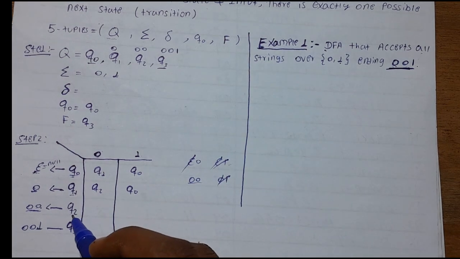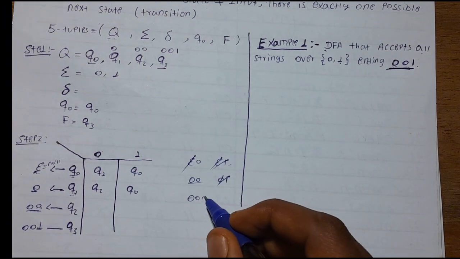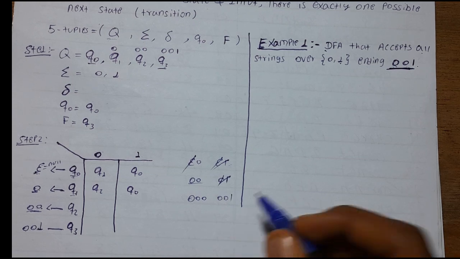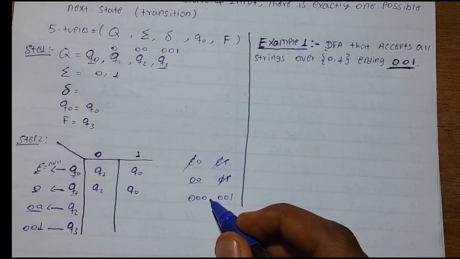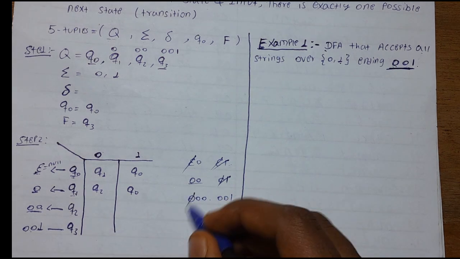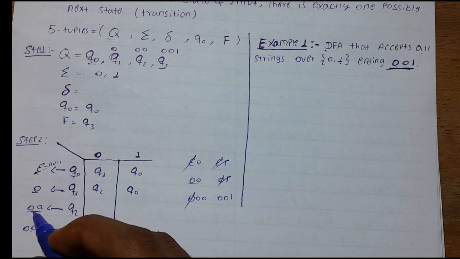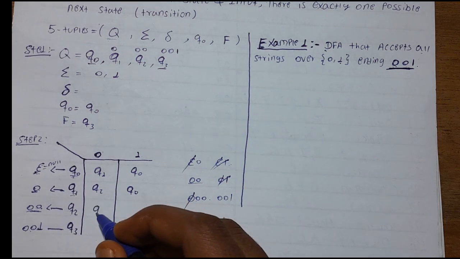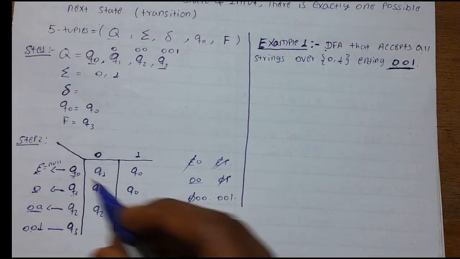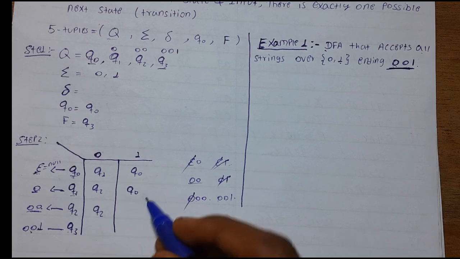and we'll check for Q2, which is 00, and 000 and Q2 with 1, 001. We'll check for 000 here. Is it present here? No. So we will cancel 0, and we'll check for 00, present here. So Q2, and we will check for 001. Is 001 present here? Yes, here. So Q3,